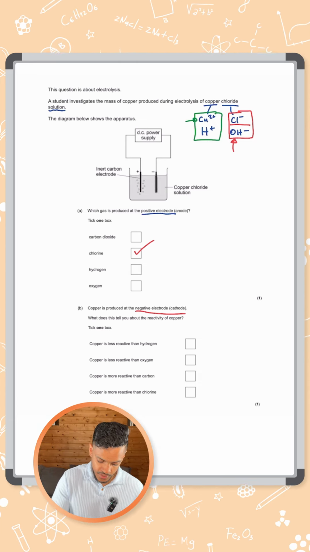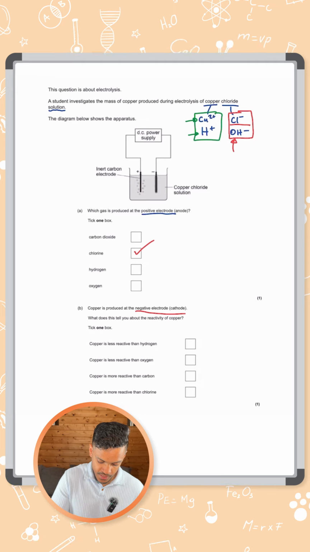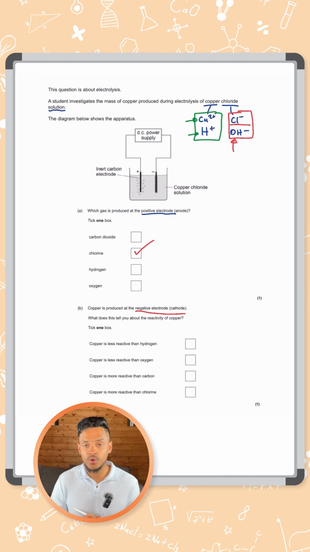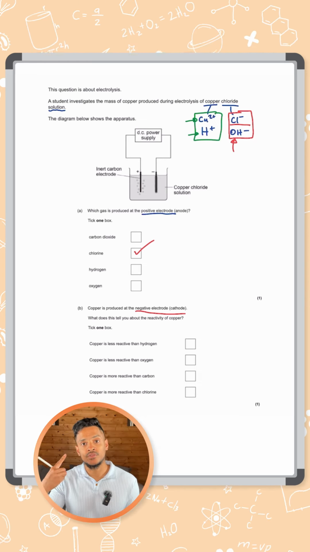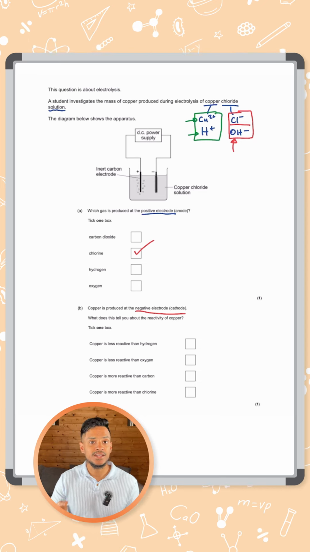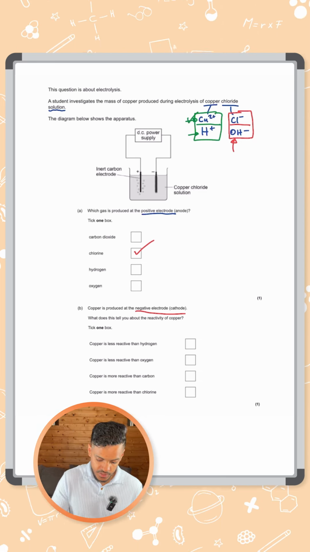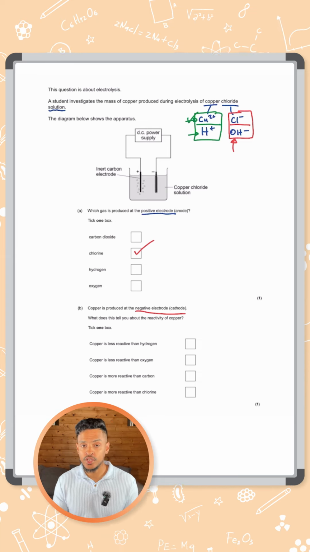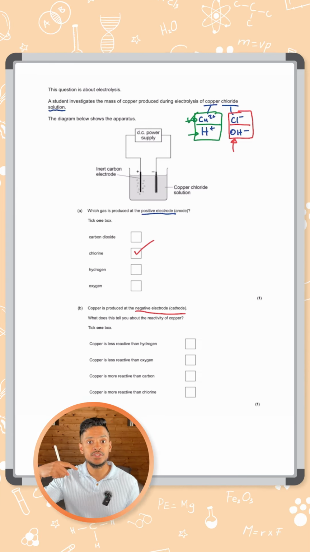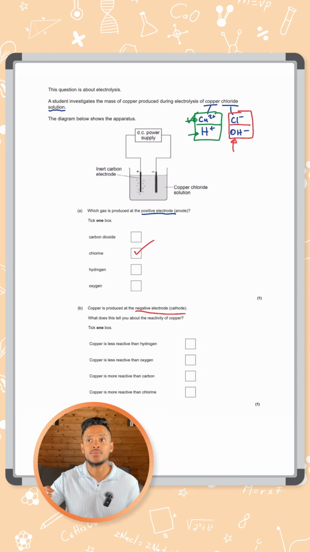So the question that we need to answer here is which one is less reactive, copper or hydrogen? If you think back to your reactivity series, copper is less reactive than hydrogen. So copper is the one that's going to go to the cathode, not hydrogen. If you were dealing with something more reactive than hydrogen, so for example, aluminium,